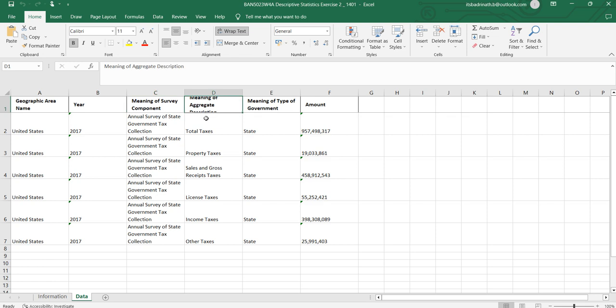Okay, now the meaning of aggregate description: total taxes, what type of tax it is, other taxes, property tax, sales, license, income. We are having different things. So you can generate a graph for any kind of information, but here if you see, these values and these values are changing. So let us take, anyhow, whatever it is,